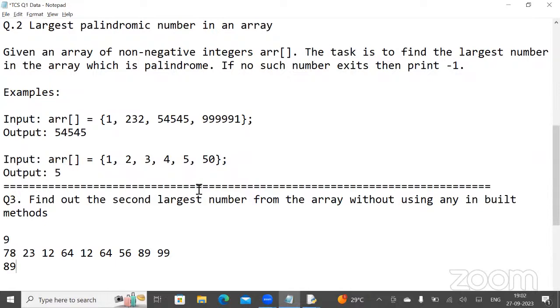Now the very important aspect here is what kind of core logic I have to use to find the second largest number. Think over it for a certain time and tell me what must be the exact logic for the same.